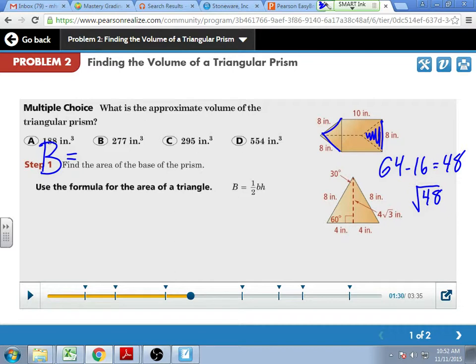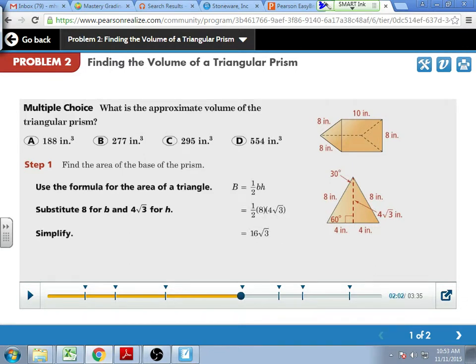Your long leg is radical 3 times your short leg. Some of you are forgetting that. I remember it as: if there's a 30-degree angle, that clues my brain into radical 3. So when there's a 30-degree angle, your long leg is radical 3 times your short leg. And we, of course, put the 4 in front to make it look nicer. So we now have that the height is 4 radical 3. So we set up the area of the base as 1/2 times the little b times the height. When I do that math, I end up with 16 radical 3.